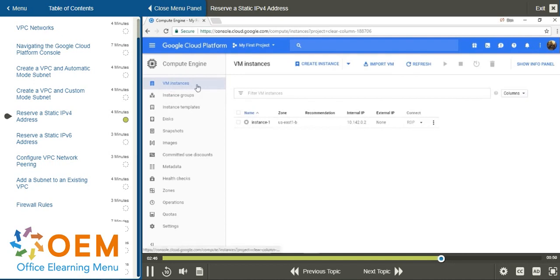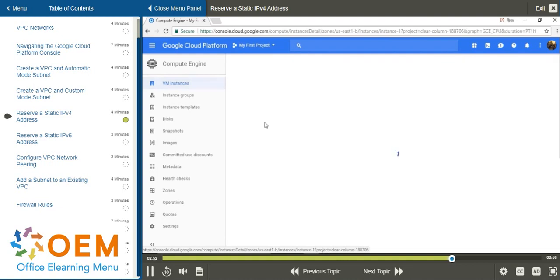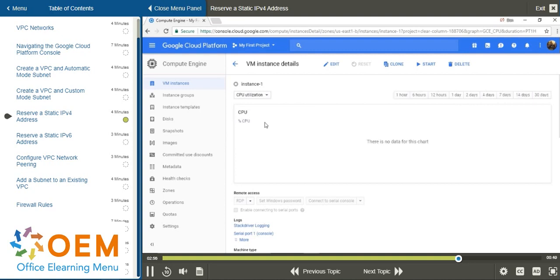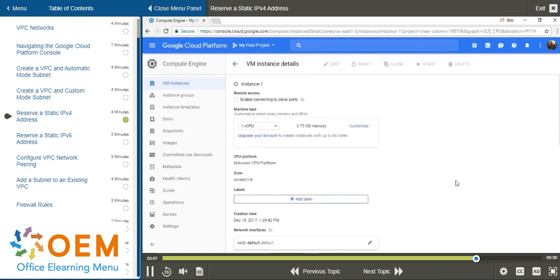Now, if I go view my virtual machine instances in Google Cloud, here I've got one called Instance 1. I'm going to go ahead and open that up. When we go into that VM instance details and edit its settings, we can then assign it that static or reserved IPv4 address. So here in my VM instance details, I'll click the edit link up at the top. Then down below, I need to navigate down to